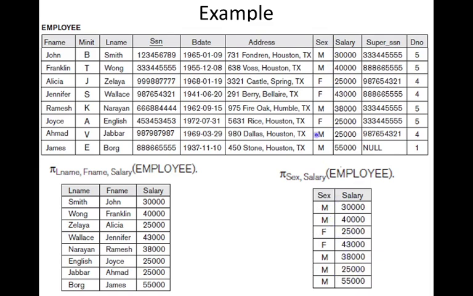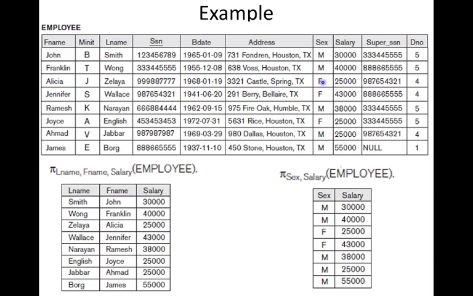Now if you check in this employee table, we have 1, 2, 3, 4, 5, 6, 7, 8 tuples. But in this table we can see that 1, 2, 3, 4, 5, 6, 7, only 7 tuples are there, because there is a duplicate tuple in this.